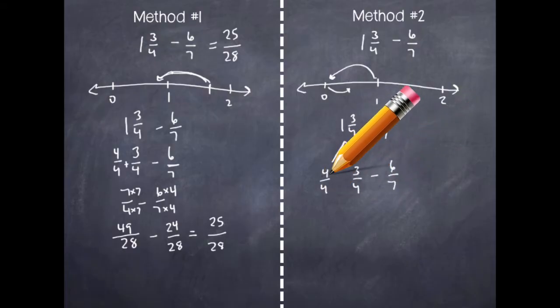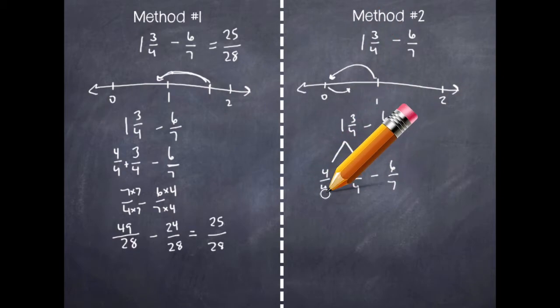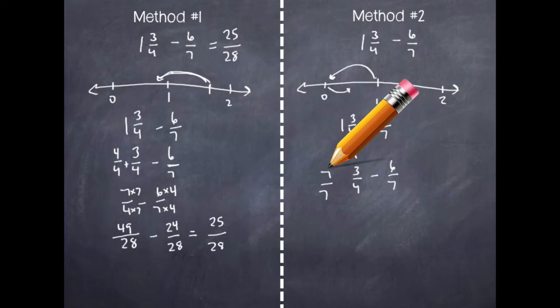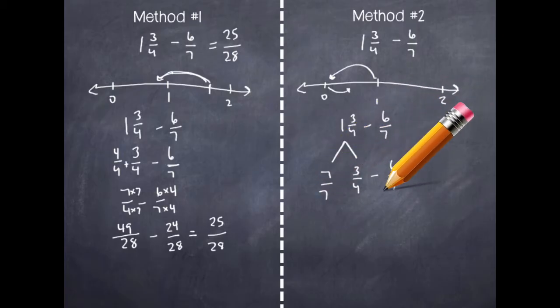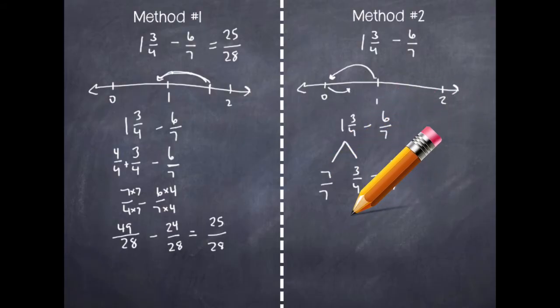But this 4/4, it's just representing that 1 whole, right? Instead of representing that 1 whole as fourths, I'm going to represent it as sevenths. So I'm actually going to get rid of this, and I'm going to rewrite it as 7/7. So now, from that 7/7, that 1 whole, I could subtract 6/7 pretty easily. 7 minus 6 is going to give me